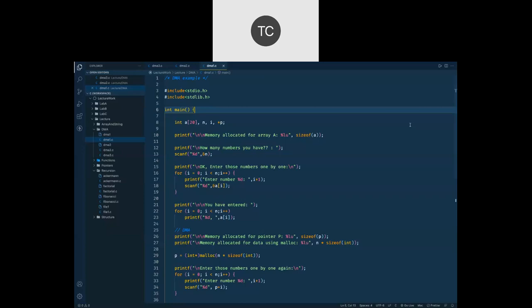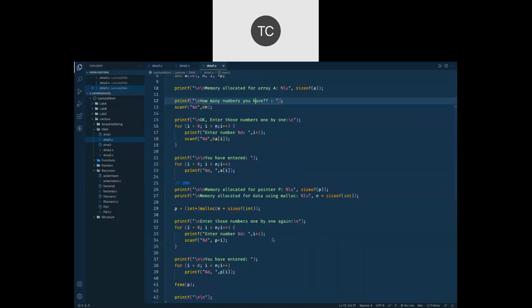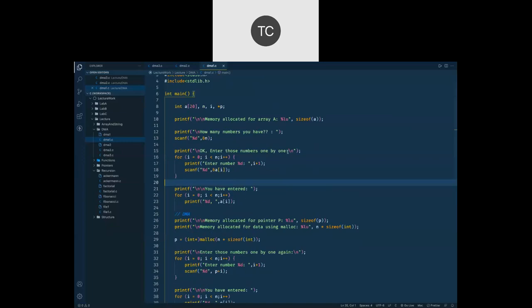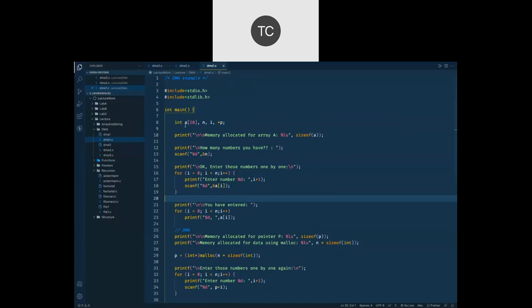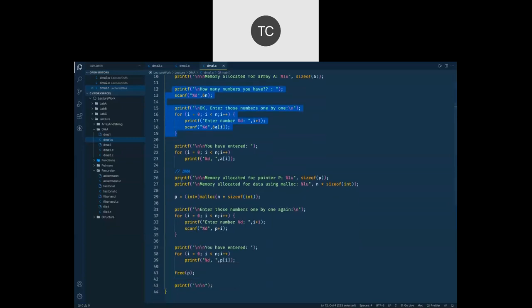So let's very quickly have a look at whatever files we have generated till now. In the first file, we looked at why we need it. If we allocate memory for an array of 20 elements, but we don't use those 20 elements, then we are wasting memory. So why not allocate memory at runtime, just enough as we want?